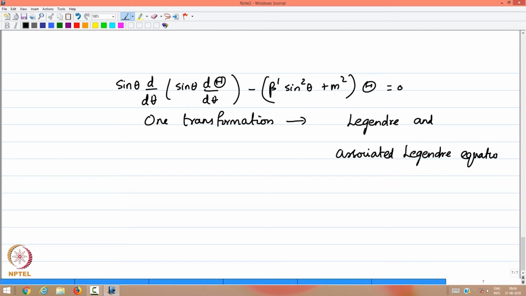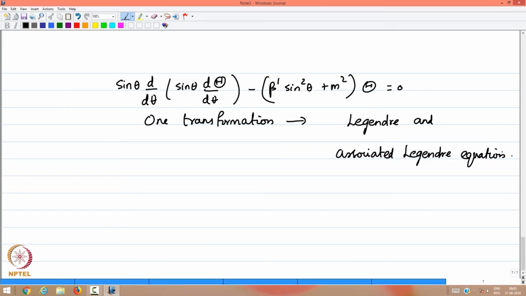And Schrodinger found out that the transformation of the hydrogen atom problem into spherical polar coordinates eventually leads these equations to well identified, well known equations of the earlier mathematical literature, and therefore, he could immediately obtain the solutions from that. Okay. So, now you make the transformation that x is equal to cos theta, and write d by d theta